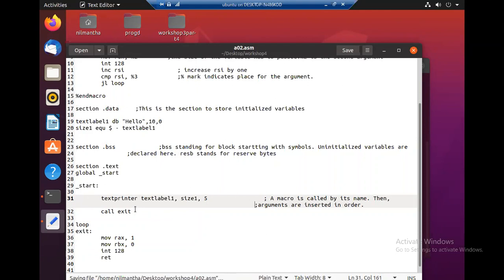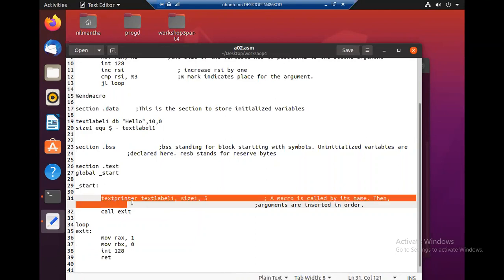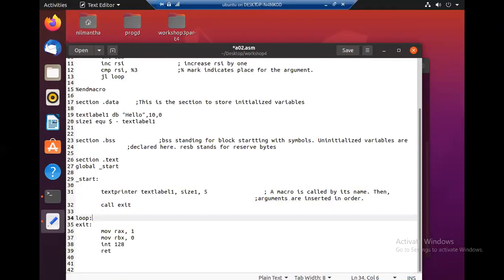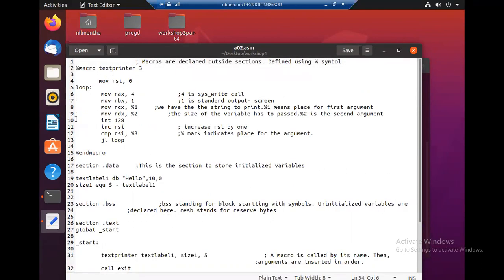So we'll see whether this one compiles properly. I hope this is not compiled properly. Why? When this macro is called, what will happen is, add a colon here to make it a label. When this macro is called, this macro will be implementing a label known as loop.